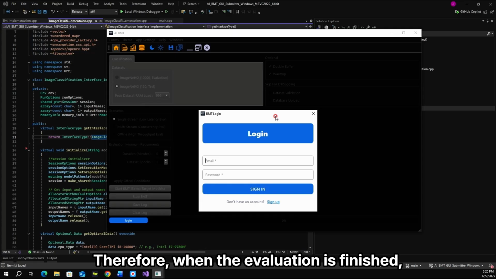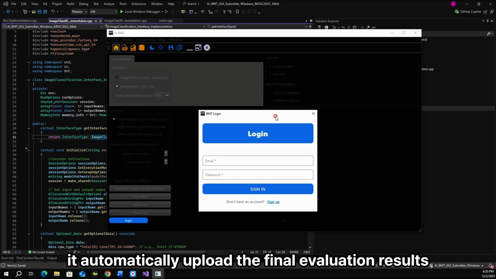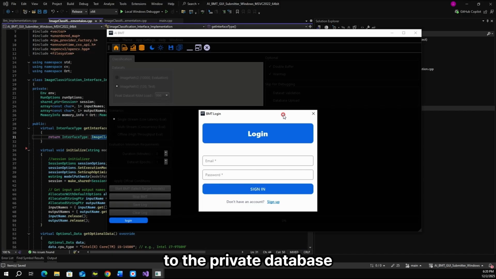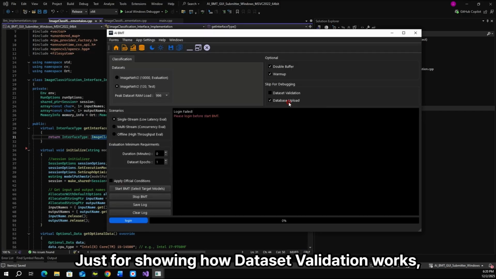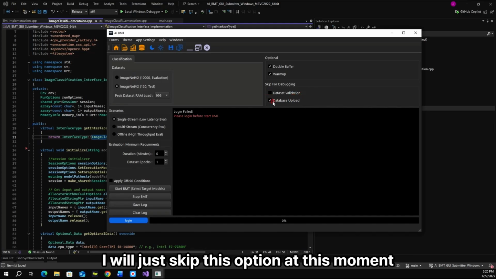Therefore, when the evaluation is finished, it automatically uploads the final evaluation result to the private database that is bound to this account. Just for showing how dataset validation works, I will skip this option at this moment,